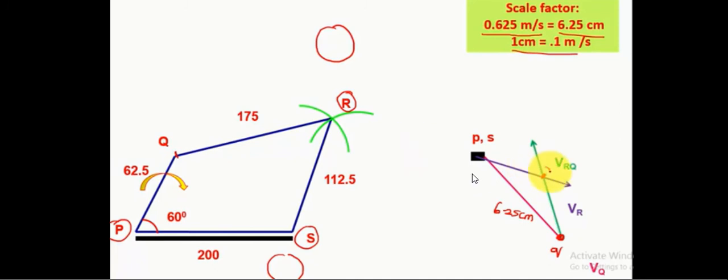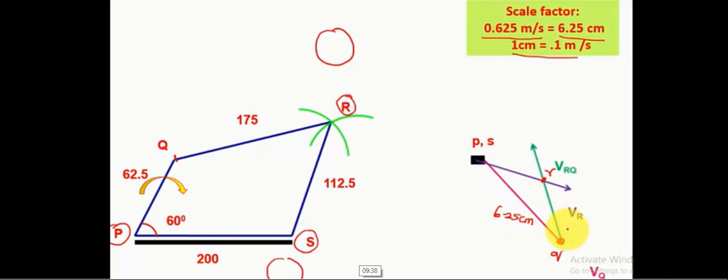This is the way to draw velocity diagram. You already have seen it. I am yet explaining it again. And you can ultimately measure now what is VRS and VRQ from this diagram, and you will get actual measurement, and you should convert it to the scale by putting back into the scale. So if you get 1 centimeter, that represents 0.1 meter per second. So you will get 3.33 centimeter, that means 0.33 meter per second. And if you draw it correctly, you will get 4.26 centimeter, that means 0.426 meter per second.